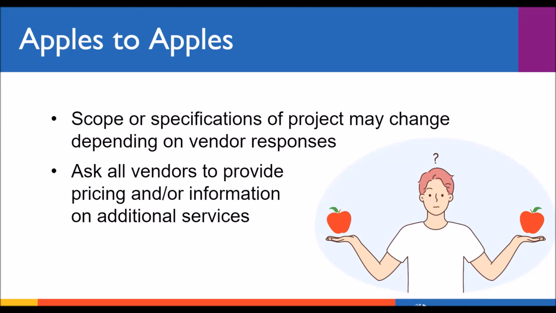So if you're looking at one vendor and they have things that are included and you're comparing it to another vendor that can also do those services, but theirs is an additional cost, you'll be able to weigh those against each other. So this is going to be really important when you're looking at things like conservation work, knowing what's included. Is some included? How much is included? How much is it going to cost?